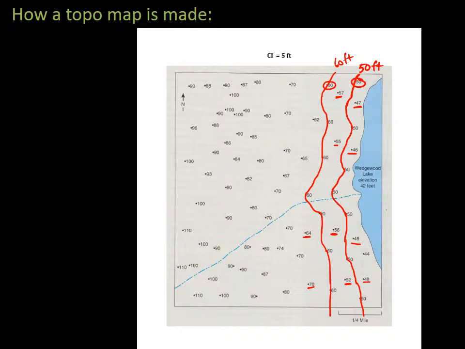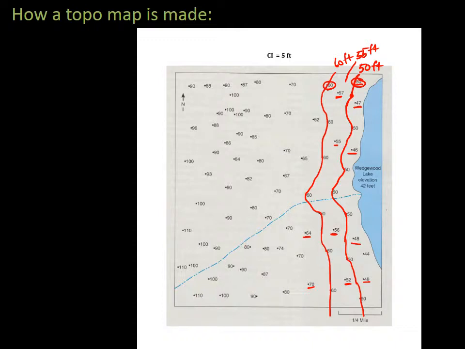Let's do a little bit more interesting. Let's do the 55 line. It must be in between the 60 and the 50. So the 55 line must be here, approximately. And I don't see any points labeled 55 close to me, but I do see 60 and 50, and so 55 is in between those. I do see 57 and this point, which is 50. Remember, every point along this line is 50, so